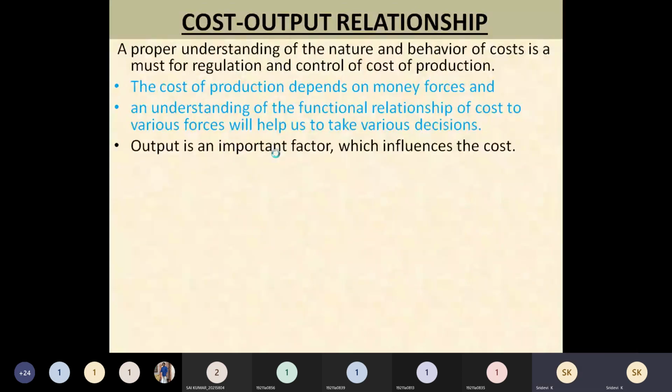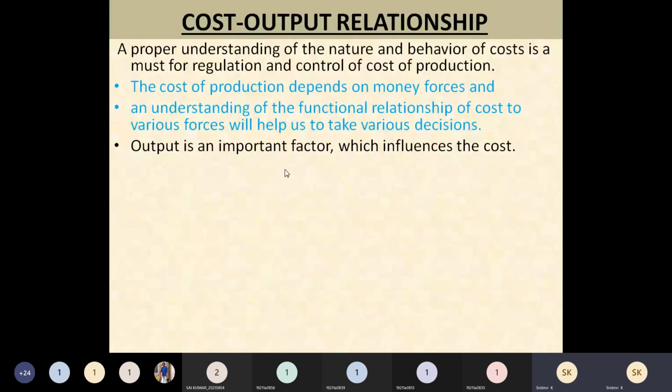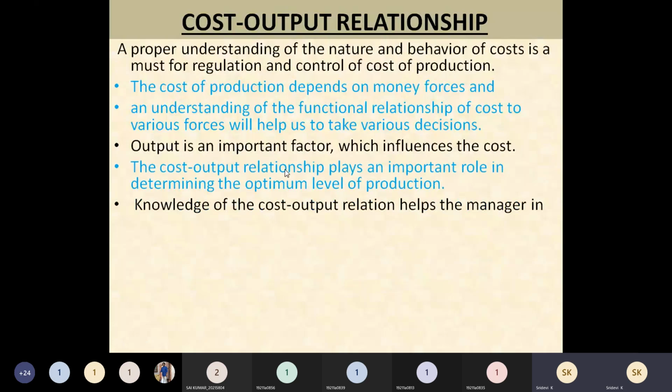Anyhow, cost output relationship can be studied in two different ways, because we are taking into consideration the time period. We can divide them into short run as well as long run. As we have seen while discussing the costs, in short run some types of costs we come across, and in long run we get some other types, which will be affecting the total cost. So for that, short run as well as long run cost output relationship is studied,